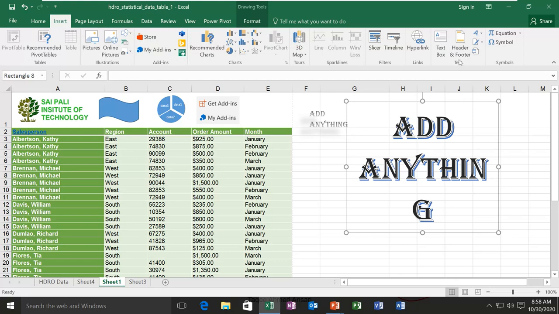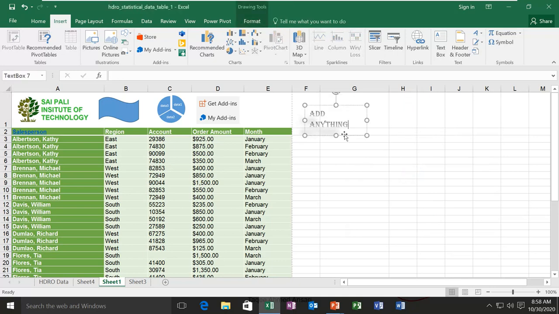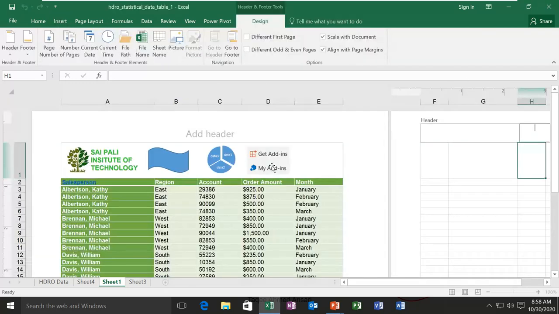Then here you have headers and footers. Now headers and footers will be added when you print your document. So when you print your document, these headers and footers will be added into your document. Otherwise it won't show. So if you click here, then it will change the layout, change the view of your document. If you see, it goes on to page layout. Now here you can add the header, and in the bottom you can add the footer.